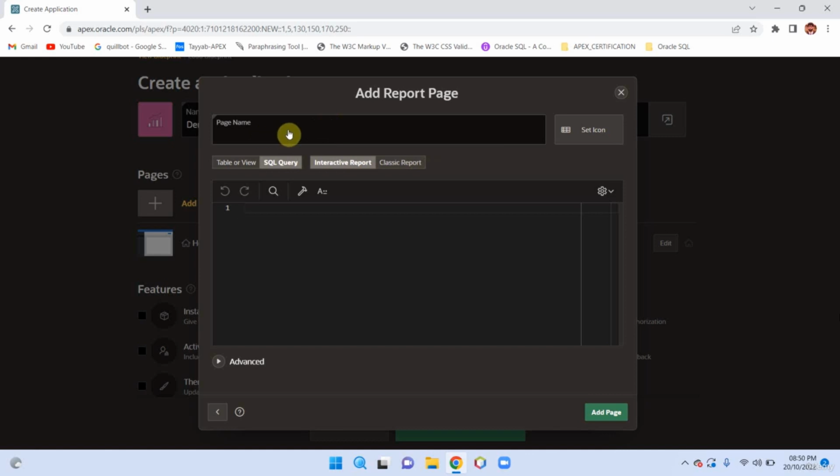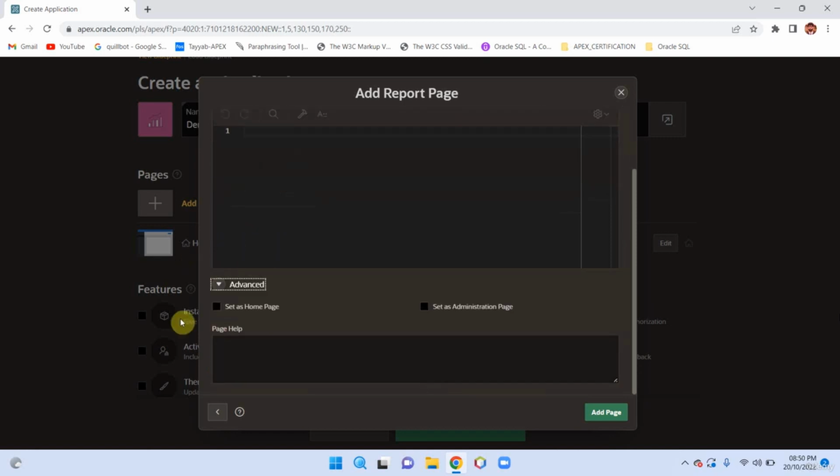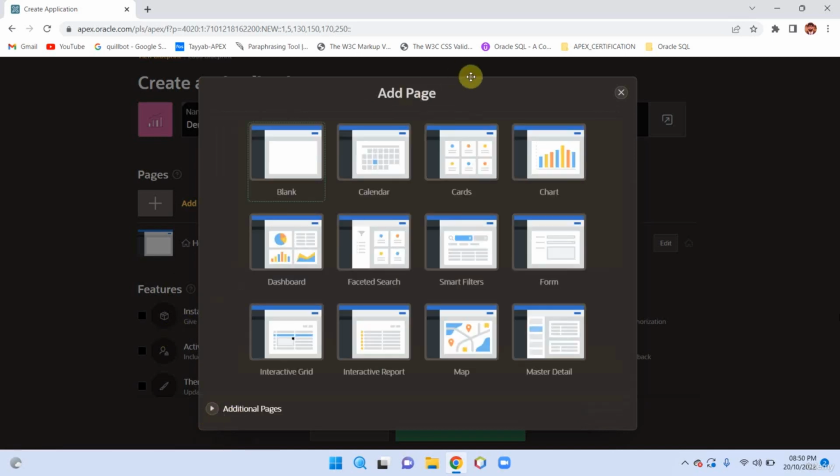We want to create an interactive report, or we want to create a classic report. Then we have advanced options. Okay. So cancel this option,